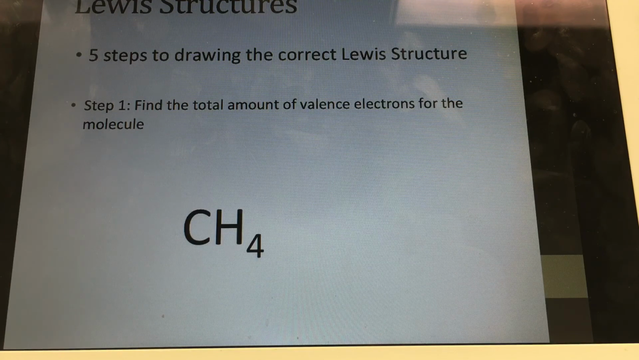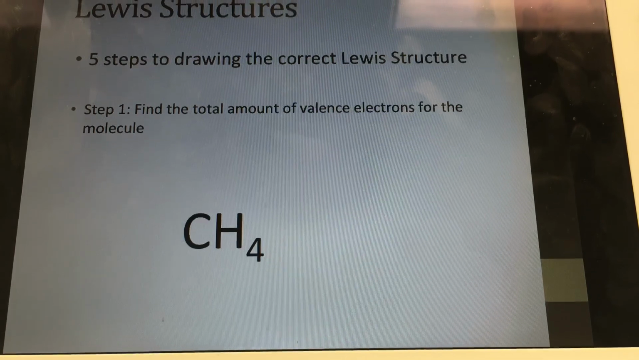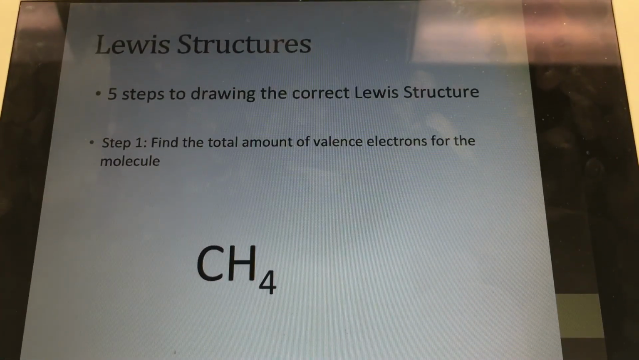I want to start by reviewing Lewis structures. There are 5 simple steps to drawing the correct Lewis structure. For the first step, all you have to do is find the total amount of the valence electrons for the molecule. For example, in CH4,